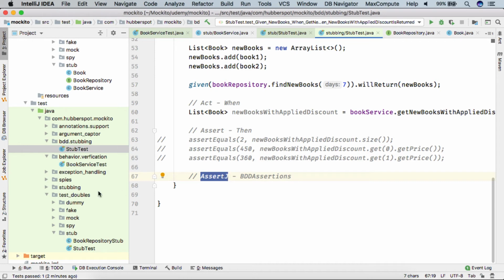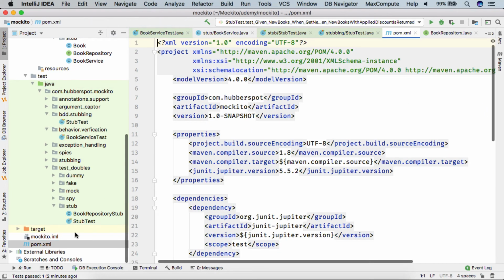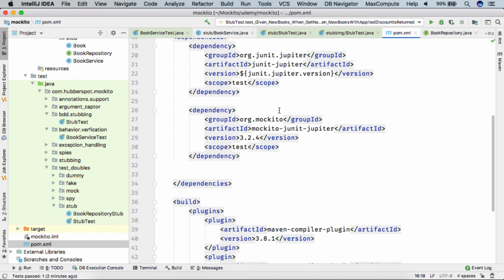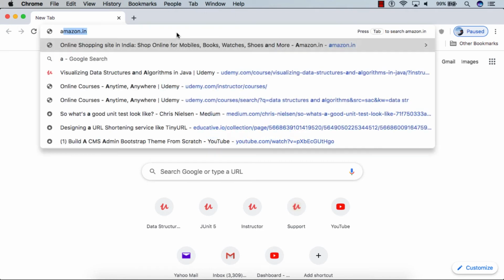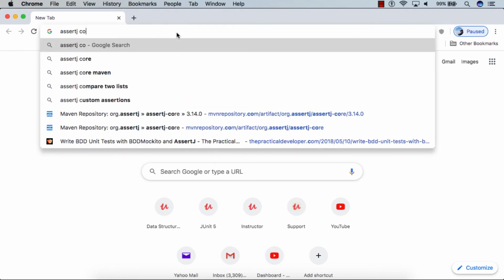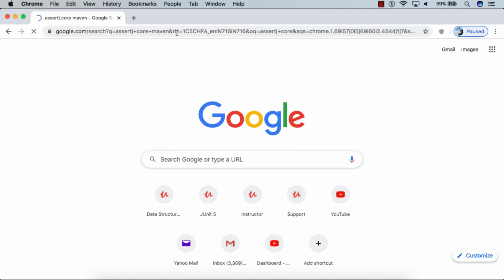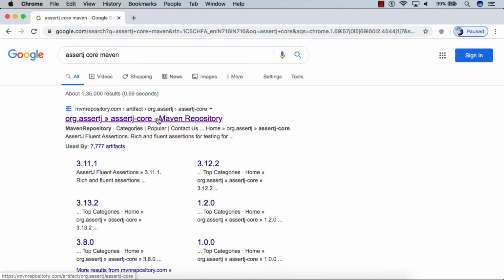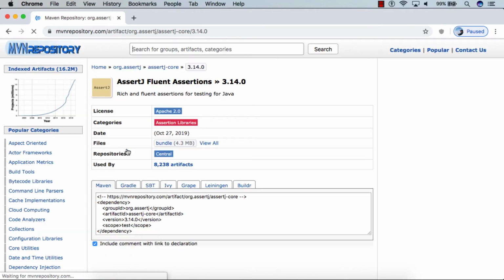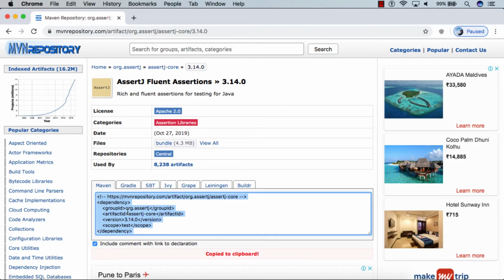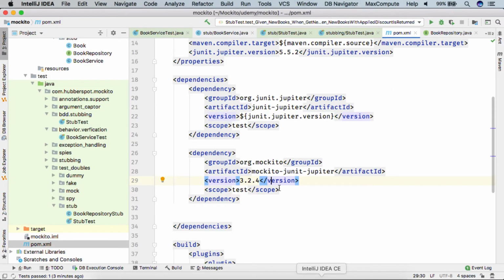So we open our pom.xml, then go to Chrome and search for AssertJ Core Maven, and here we will get the Maven dependency for the AssertJ Core library. We open this, pick the latest version, copy this part, and simply paste it here.